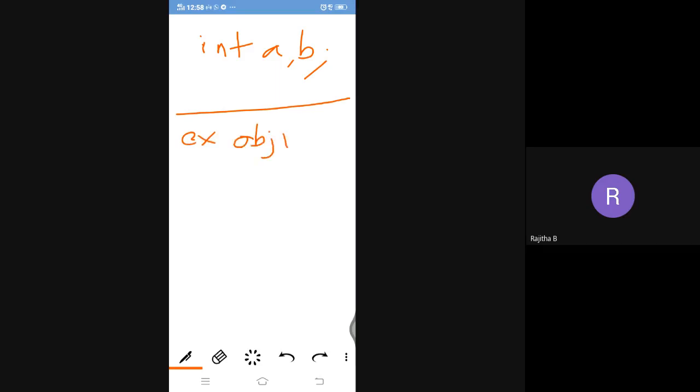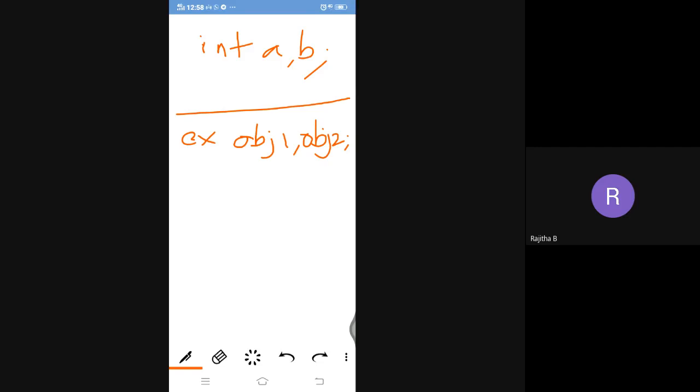You can see I'm creating the object. Suppose I'm taking int a, b. So assume that it is a class, and I'm declaring the two data members a and b. Then in the main function I'm creating objects, with the class name here, Example: obj1, and one more, obj2.